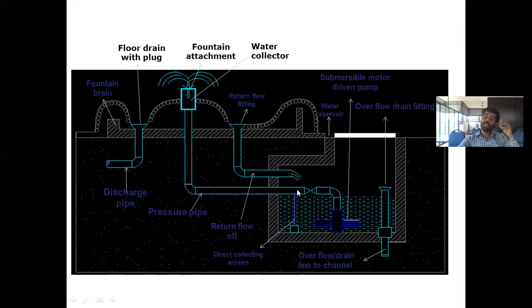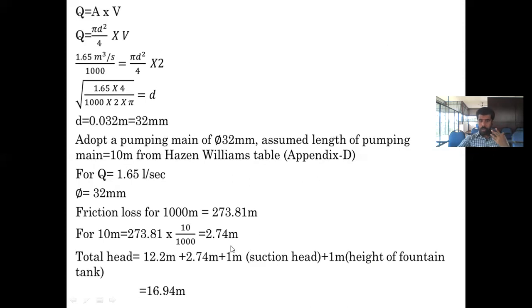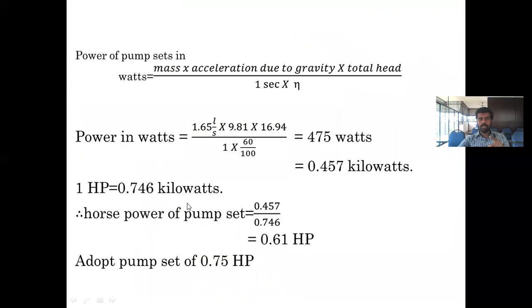So if you are choosing a borewell, the height is not 1 meter. It might be 30 meters, for example. So instead of this 1 meter, we have to give 30 meters. So the total head will be changed. If the total head is changed, what happens? The total capacity also will change.